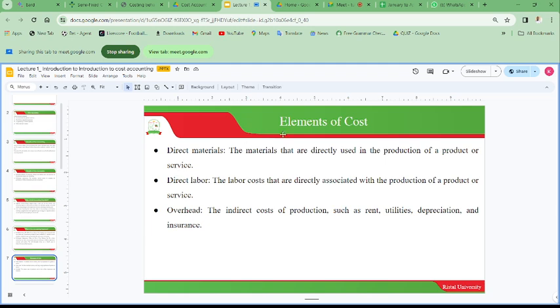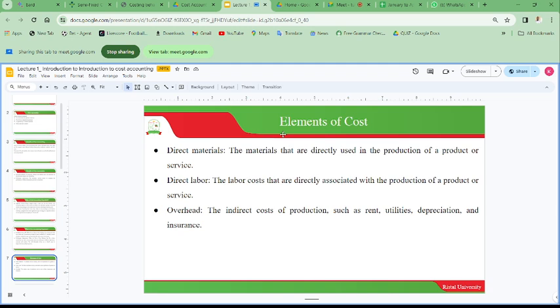So let's look at the elements of cost accounting. What are the elements of cost accounting? We have direct materials, we have direct labor, and then we have overheads. So those are the elements of cost. So what are direct materials? The direct materials are